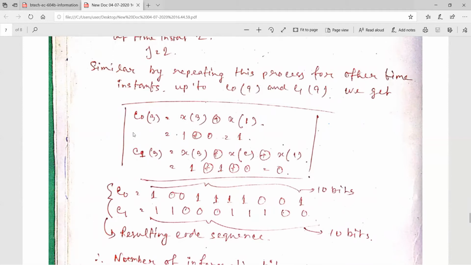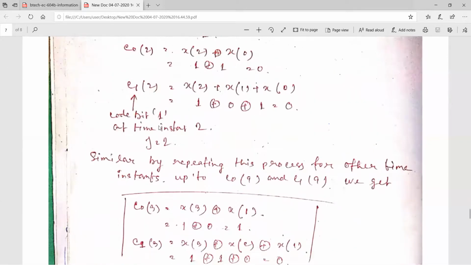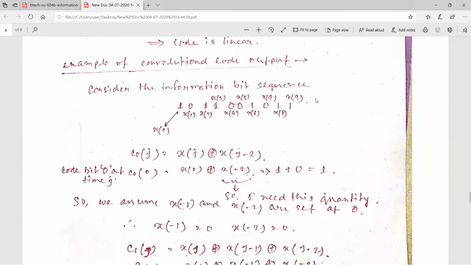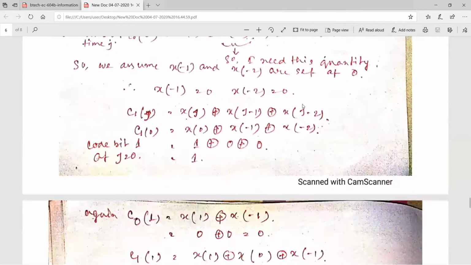That means we are calculating the code bit for 0 and 1 for each time instant. The time instant is defined by the information bit sequence which is given to you. Here the information bit sequence is given with the time instant from 0 to 9. So we have to consider the